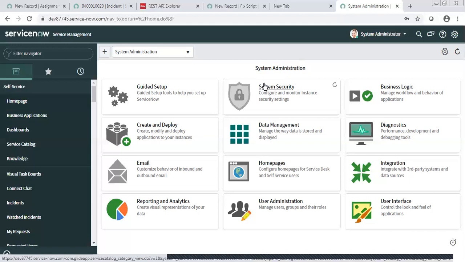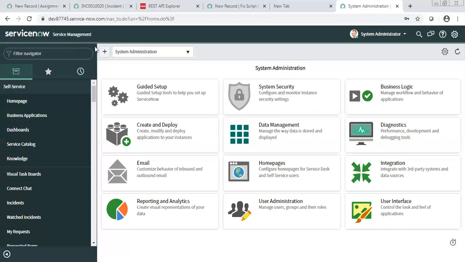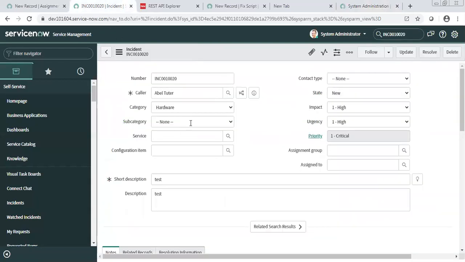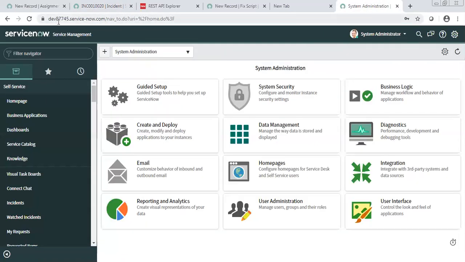Whosoever is publishing is the inbound, and your instance is going to consume it. Then I will consume and create a record in your instance, right? We discussed this in the previous session also: whosoever is consuming will act as the outbound, and whosoever is publishing will act as the inbound. So my instance, dev101, is going to act as an inbound. It is publishing a web service that will be consumed by instance dev8776, and that will be an outbound.